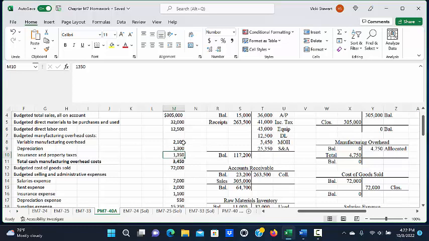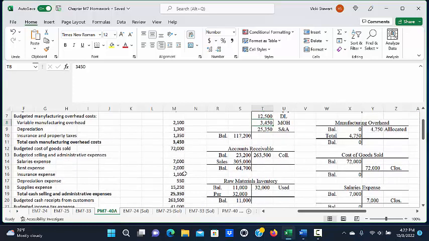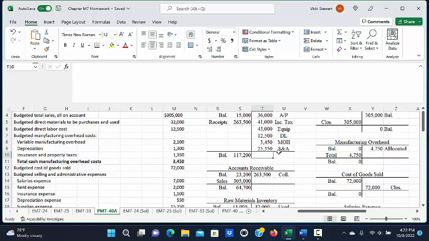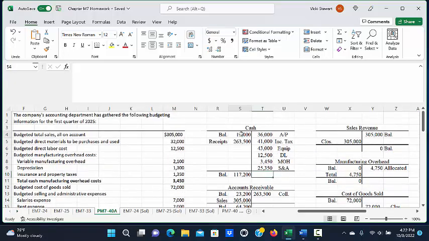the variable overhead and the insurance and property taxes, and those totaled $3,450. Also, we would have a credit for the selling and administrative costs that were in cash, so all of those except for the depreciation expense. So the total that were paid in cash was $25,350. So to get the ending balance in cash, we take the beginning balance and add our receipts and then subtract all of our credits, and that would give us an ending balance of